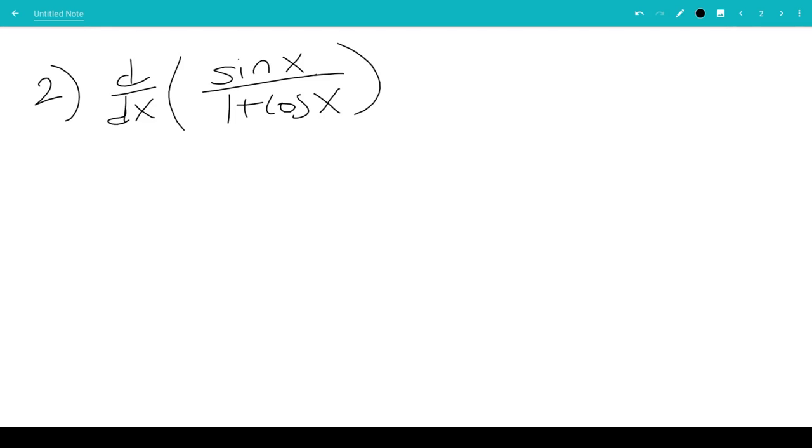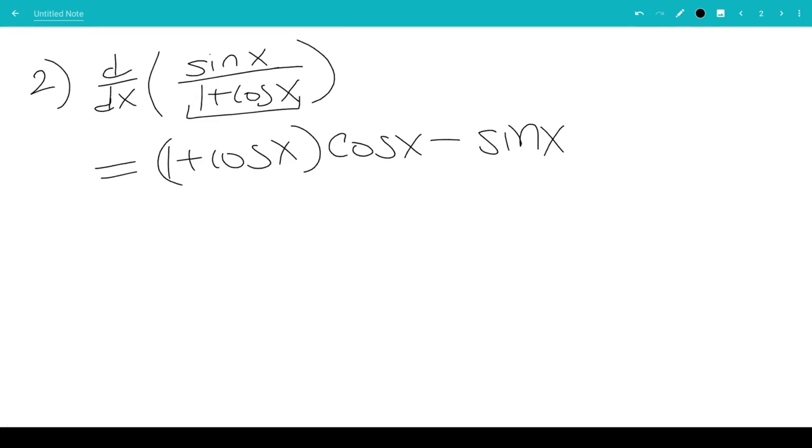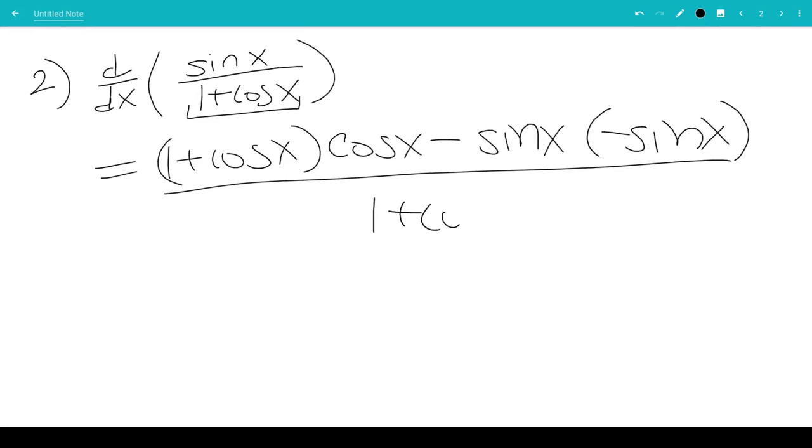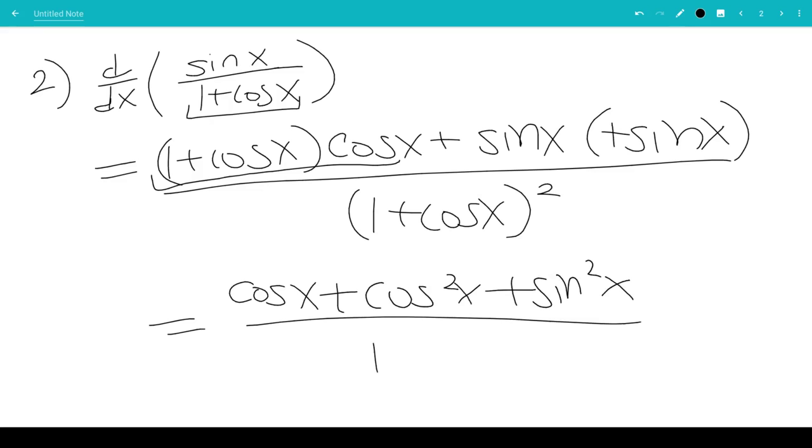So the next derivative is, we're supposed to use the quotient rule. So we're going to take the bottom, the denominator, times the derivative of the numerator, which is cosine x, minus the numerator times the derivative of the denominator. The derivative of 1 plus cosine x is just negative sine x, over the bottom squared. So it would be 1 plus cosine x squared. So expanding this out, it would be cosine x plus cosine squared x plus, minus minus becomes plus, sine squared x over 1 plus cosine x